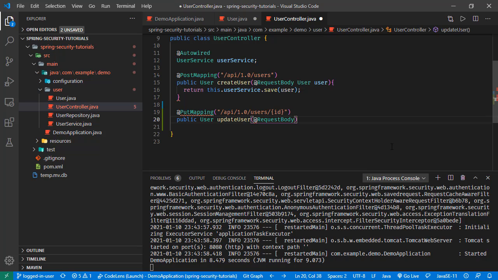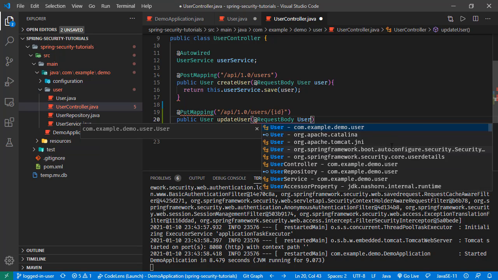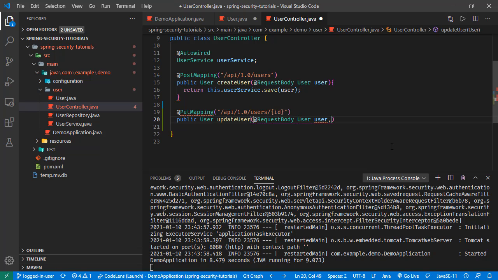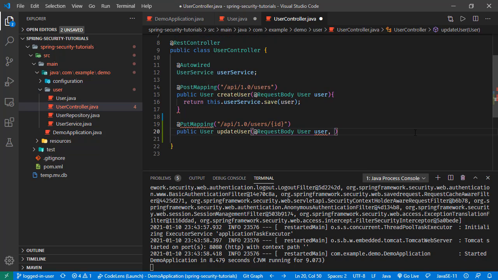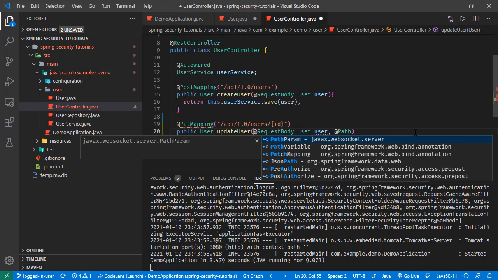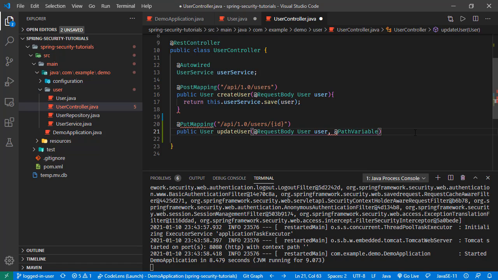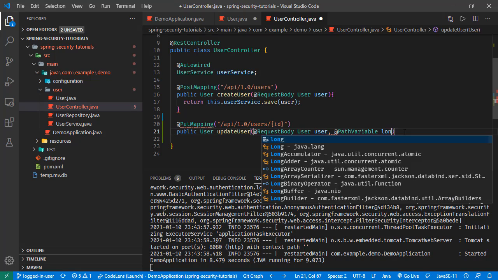This body will be containing the display name, this updated display name. Let's say we will be receiving this user object. We can set different object for this one. We can have our user update DTO object, and we can use that one here, but user object is also fine. And the next value is this ID, and we can get it by using the PathVariable annotation, and this is the field we are looking for. It is ID, and the ID of the user is, let's check it here, it is long. So we are expecting this PathVariable to be long ID,